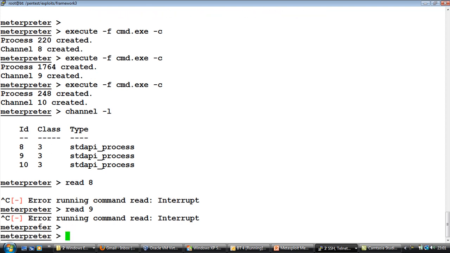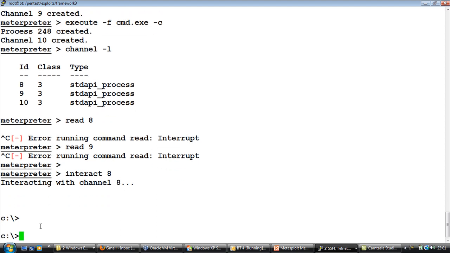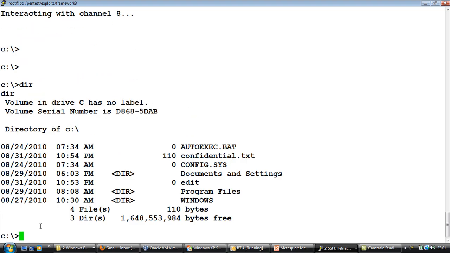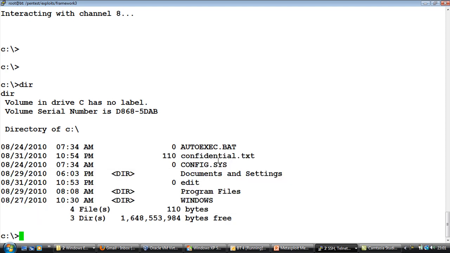Now you can also go ahead and interact with any of these channels. So let's say you hit interact and give a channel number, let's say 8. Right? So if you notice right now we are on to the command prompt. If you do a dir here, you would actually notice this is nothing but C drive of the machine with our confidential.txt file also seen,